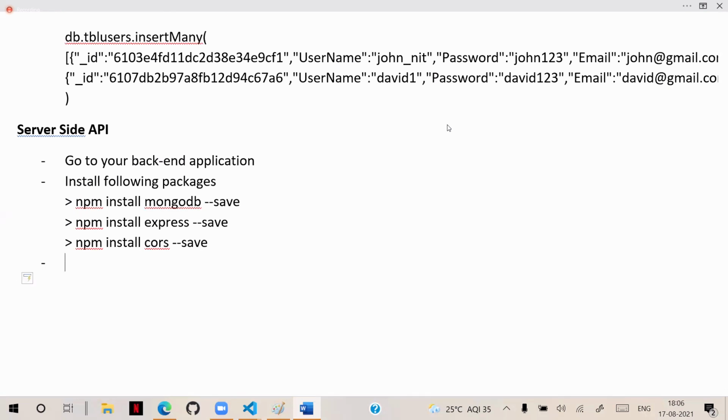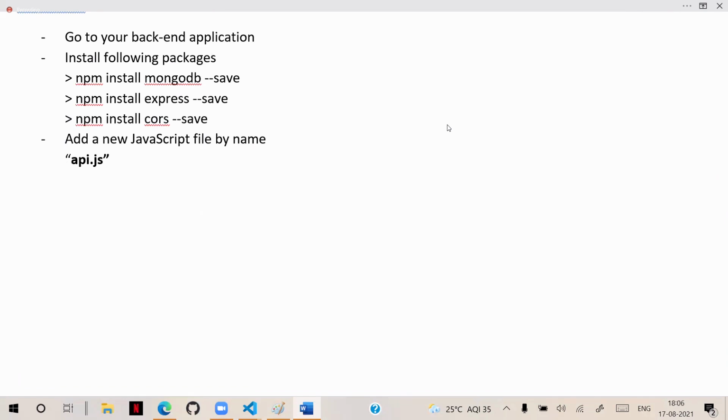After that, you need to create a file, add a new JavaScript file by name api.js. In this api.js, you have to write all the logic. We need to define and configure the logic.